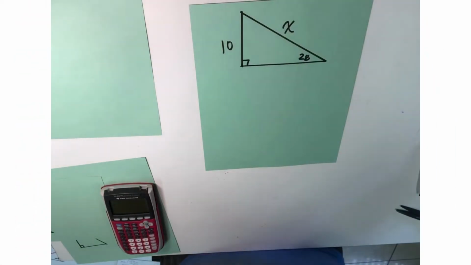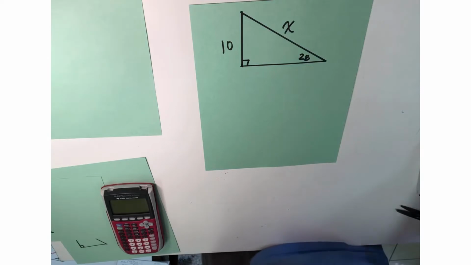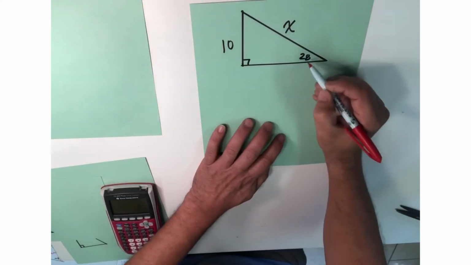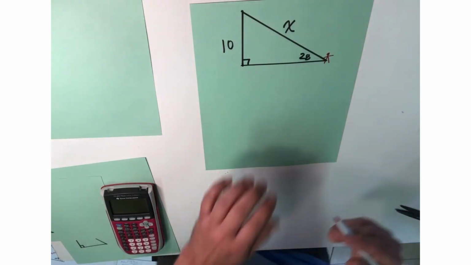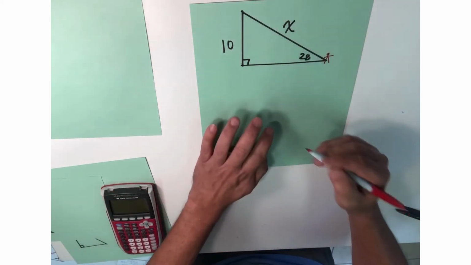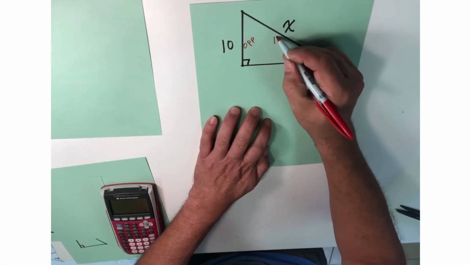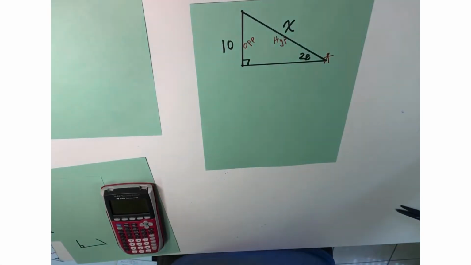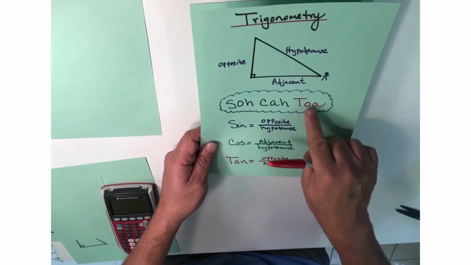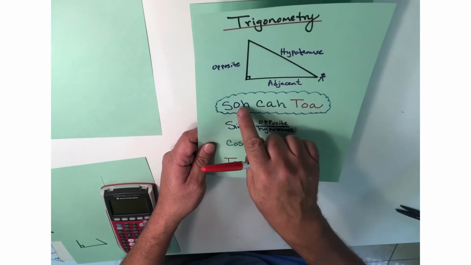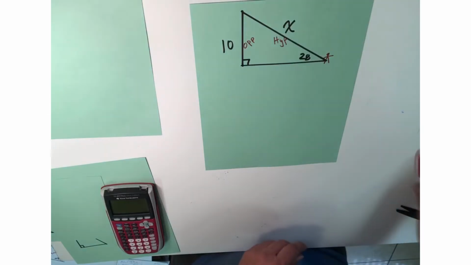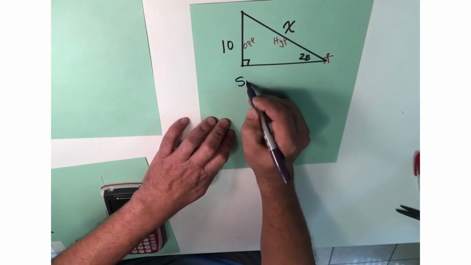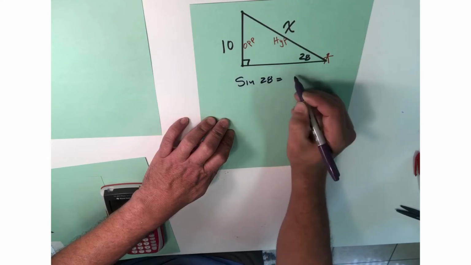Okay, well, here is my first example. I'm going to begin by drawing myself at the angle, always, which is right here. And then I'm going to identify the sides that I'm going to be working with. This here is opposite. This here is hypotenuse. So opposite hypotenuse, who could that be? Let's see, opposite, adjacent, no. Opposite hypotenuse, OH. That means it's the sine. Alrighty, so now I'm going to go write the sine of the angle, which is 28, is equal to the